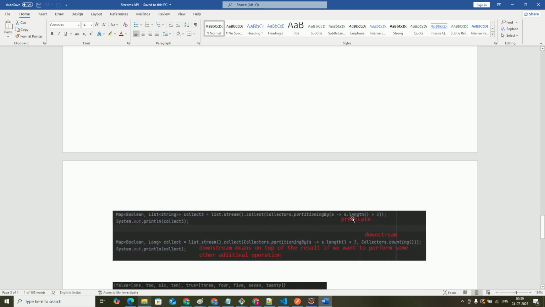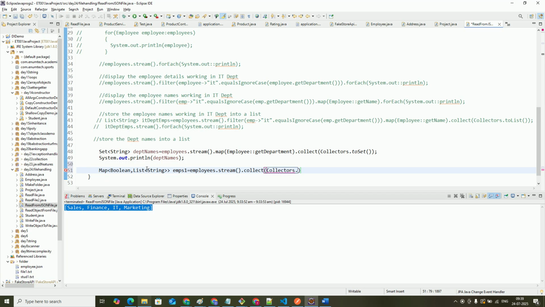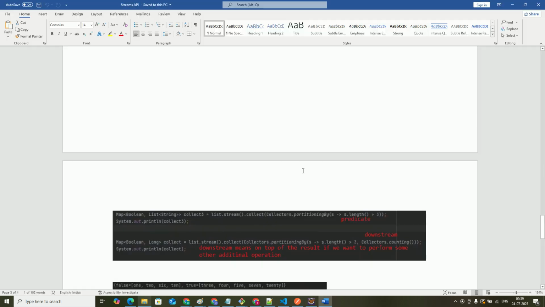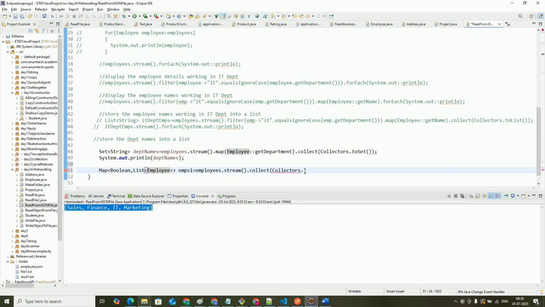Okay, and I am splitting that into boolean and list of string. Okay, so employees whose name is, so if we want to do it like that, let's say a list of employees, and do what, Collectors dot, then what is the function,